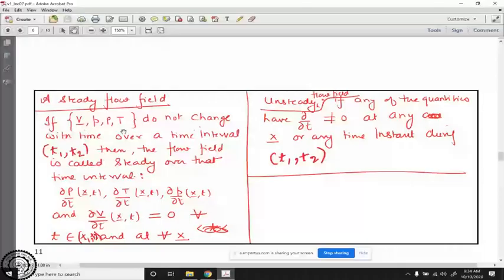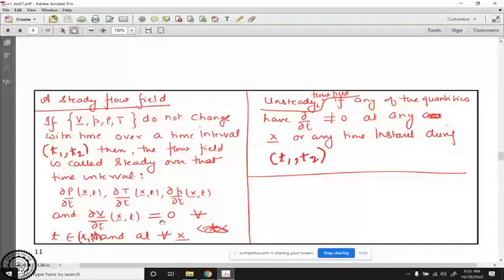So all these six scalar fields, right? If all these six scalar fields, what I am highlighting here, velocity, pressure, density, and temperature, do not change with time. And when I said do not change with time, I'm talking about partial derivative. Okay. Over a time interval, say T1, T2. So suppose from 5 seconds to 10 seconds, you know that at no place in your flow field, or rather I should say at every point in the flow field, all these derivatives are zero. Okay, if from 5 seconds to 10 seconds, I'm confident that all these partial derivatives are zero,